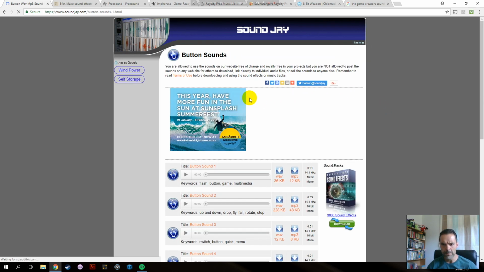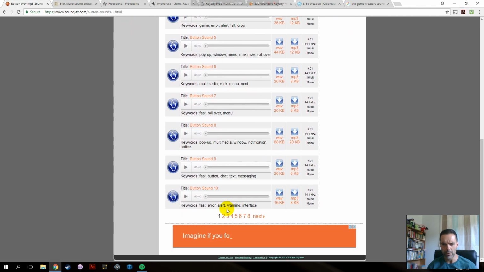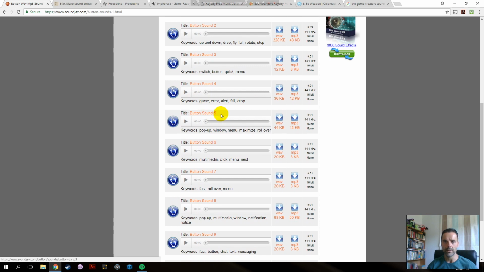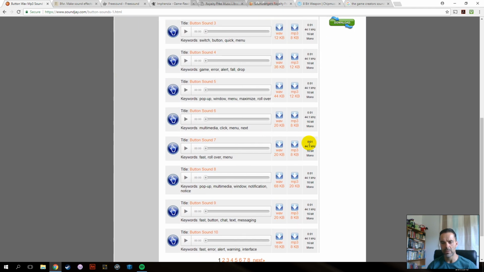you've got a whole bunch of sound effects. As you see, you can preview them, but then you've got a whole bunch of pages that you have to go through in order to find more. So they're all just labeled button sound 5, 6, 7 and so on. Some of the others are similar, but yeah, the navigation on this website is not